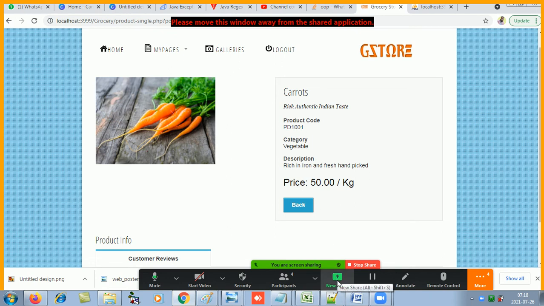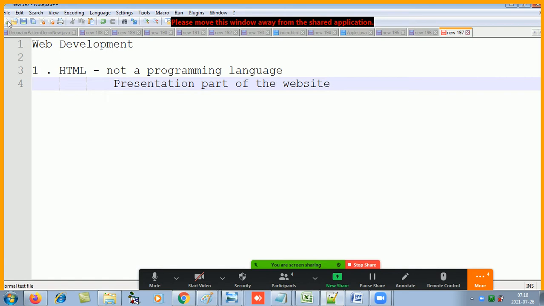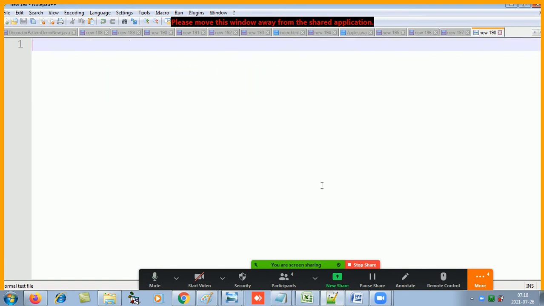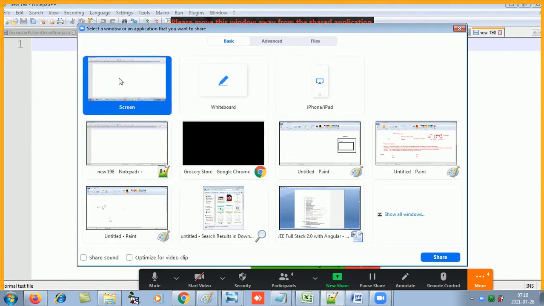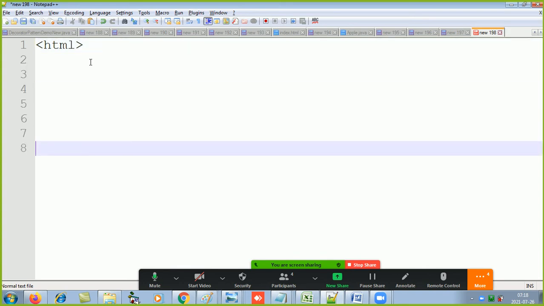If we need to start making an HTML page, it has a fixed format. This is how an HTML page is made, how a web page is made rather.